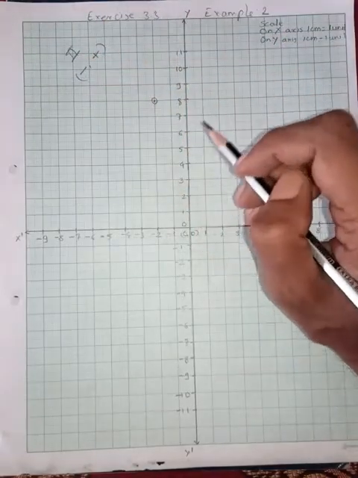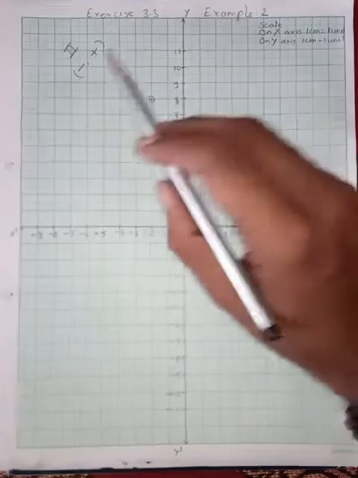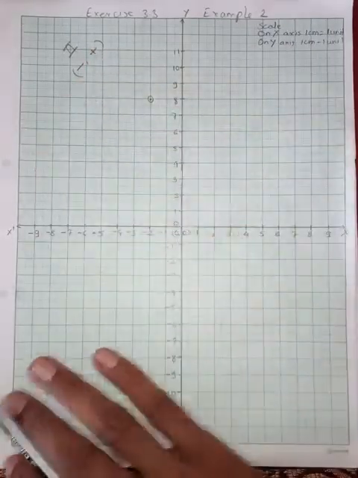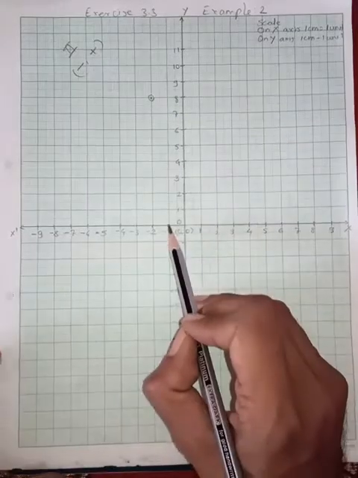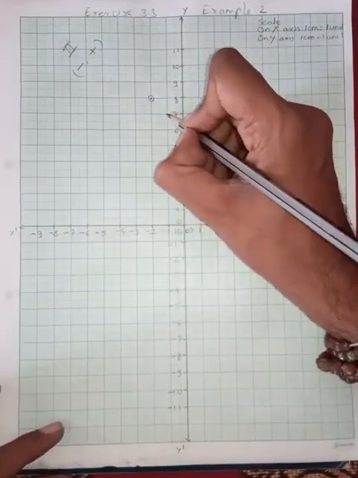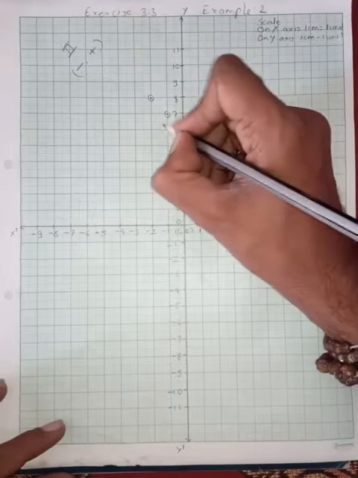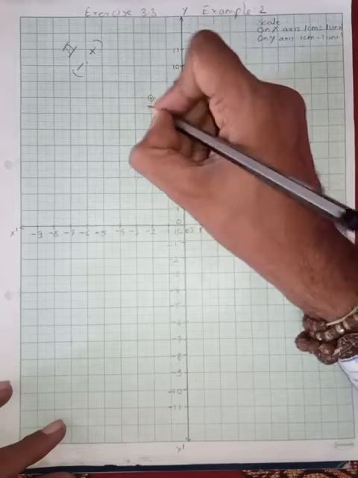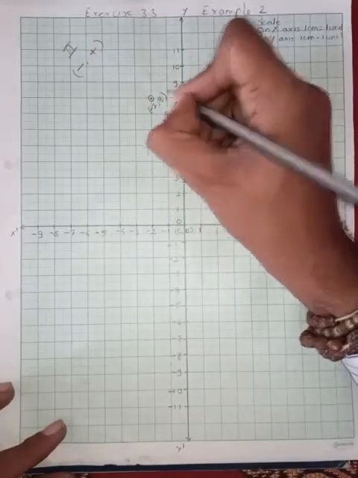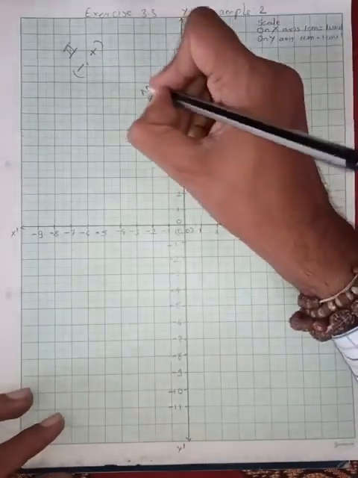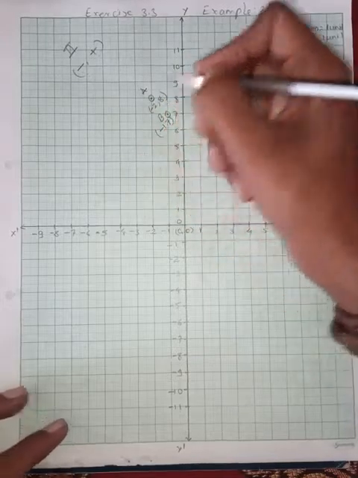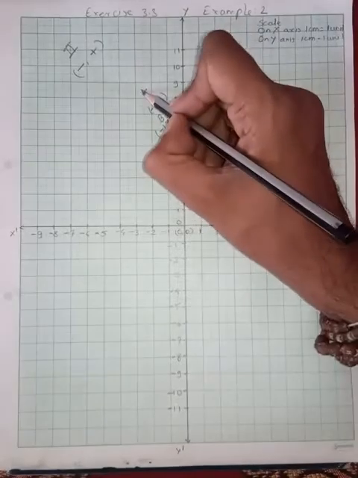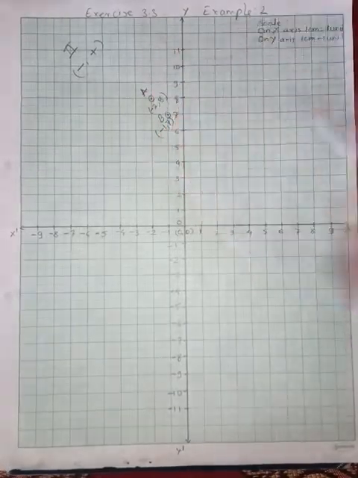Now next point is (-1, 7). So again x coordinate is negative, y coordinate is positive, so it will also lie in second quadrant. Let us check. This is negative 1 and positive 7 is this point. This is negative 2, positive 8. Give some names to these. I have given A and B. You can give any alphabet, but it must be denoted by capital alphabets. Normally that is the standard way of writing the points.